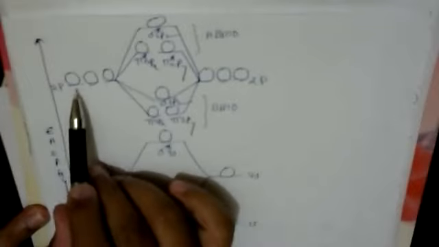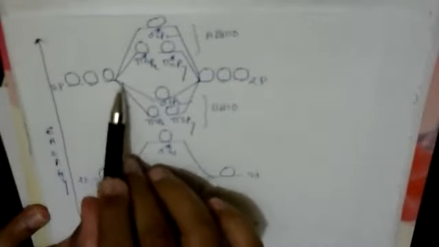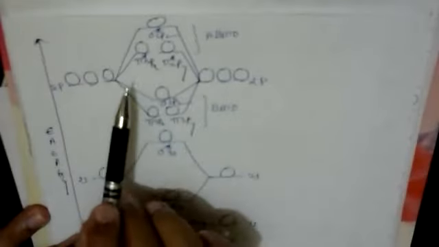Keep in mind, bonding molecular orbitals are higher energy present. Sorry, bonding molecular orbitals are lower energy. Lower energy is more stable. Which is lower energy? You can take the atomic orbitals: atomic orbitals towards the lower energy are bonding molecular orbitals. Atomic orbitals towards the higher energy are anti-bonding molecular orbitals. Lower energy is more stable, higher energy is less stable. Keep in mind, this question is asked in examinations: which orbitals are more stable and which orbitals are less stable.